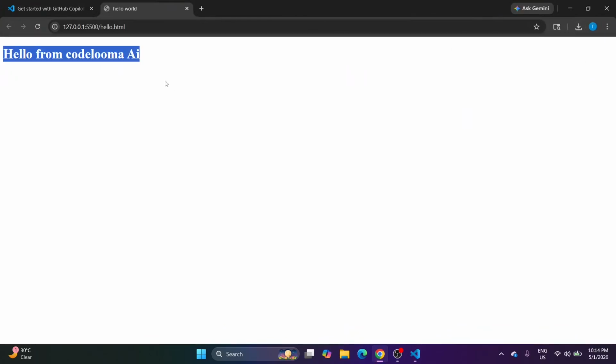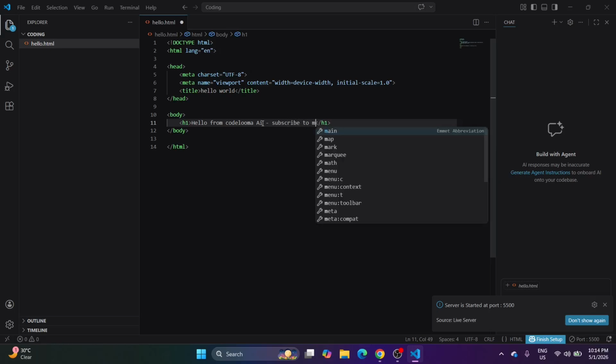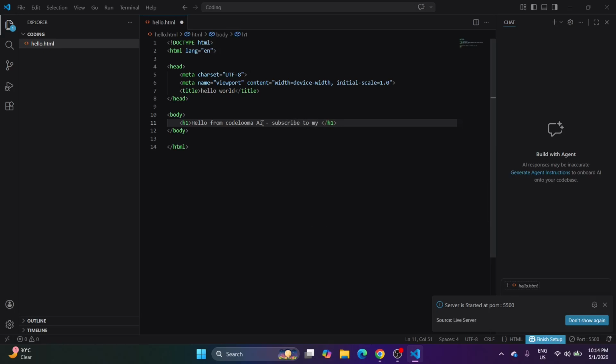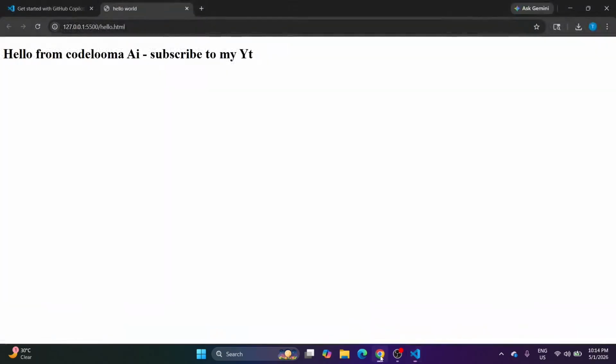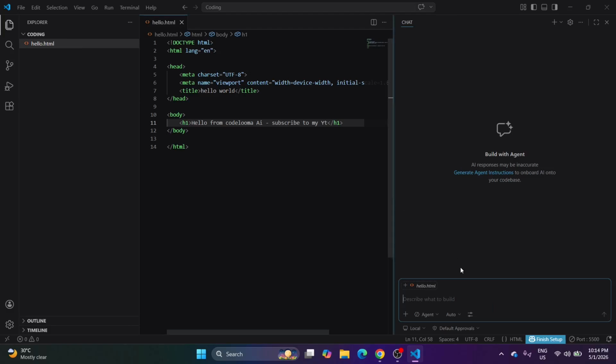Allow, and you can also type hello from Code Luma AI, and then if you want, add some text here. When it is live here, and now we will look into how to